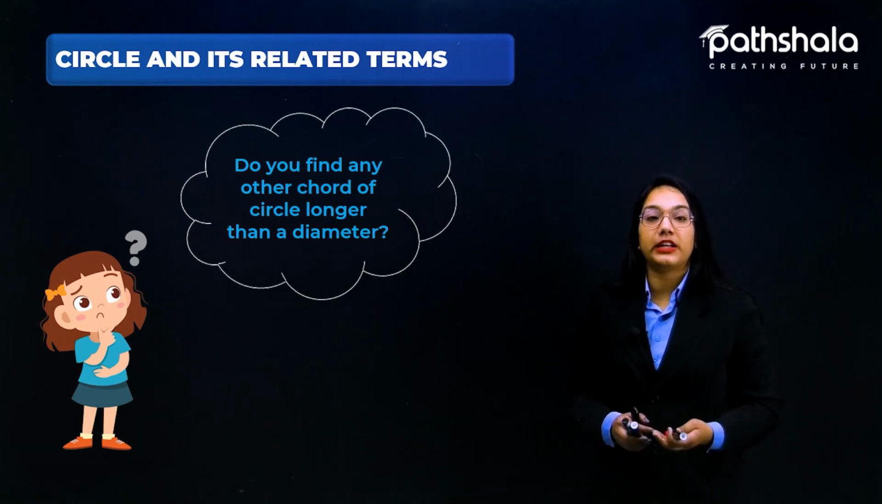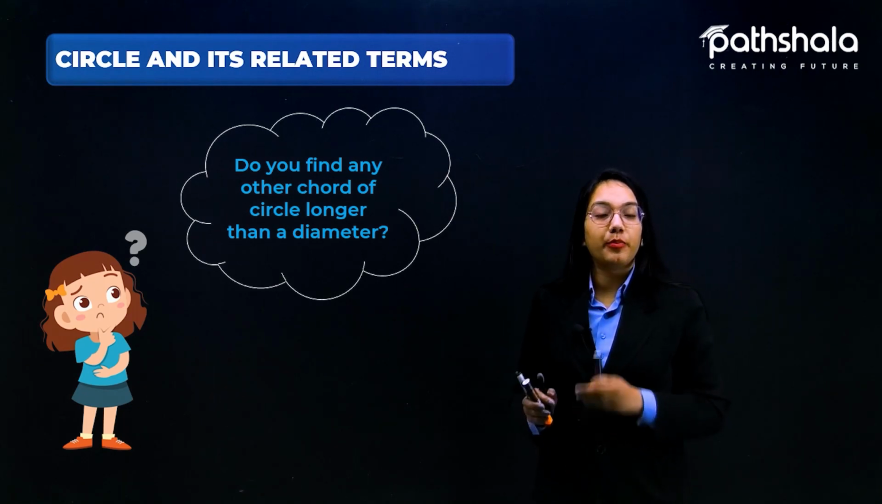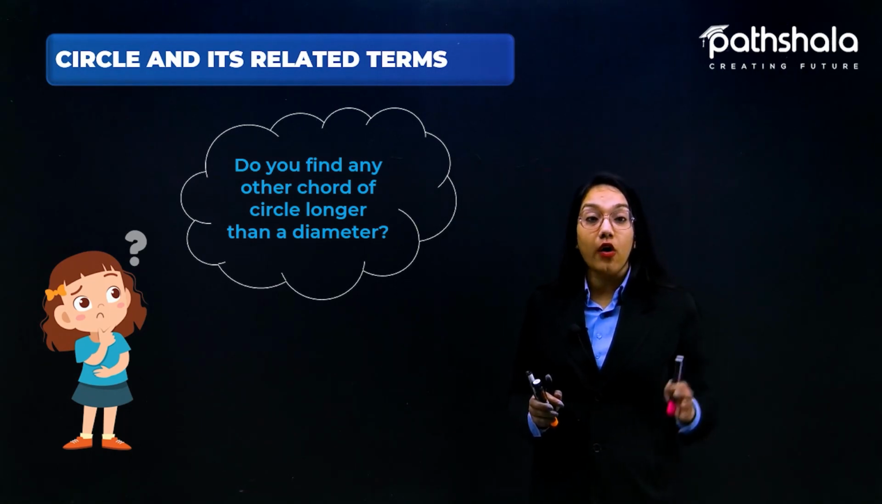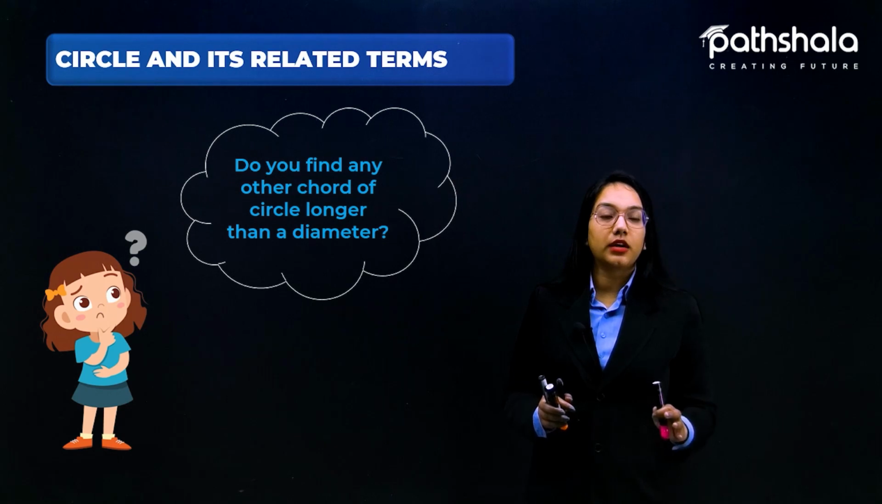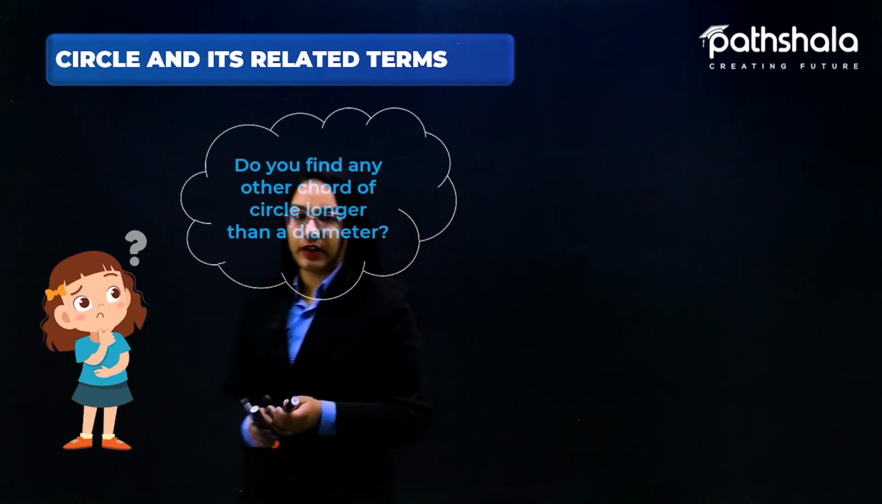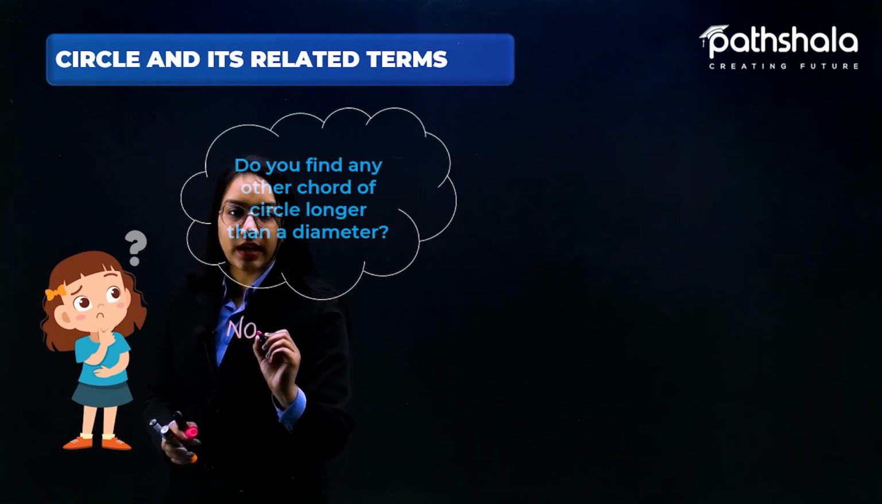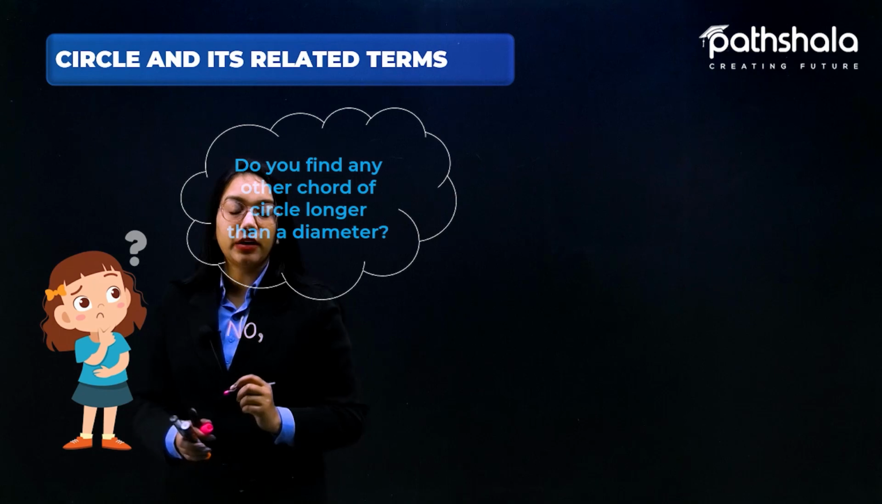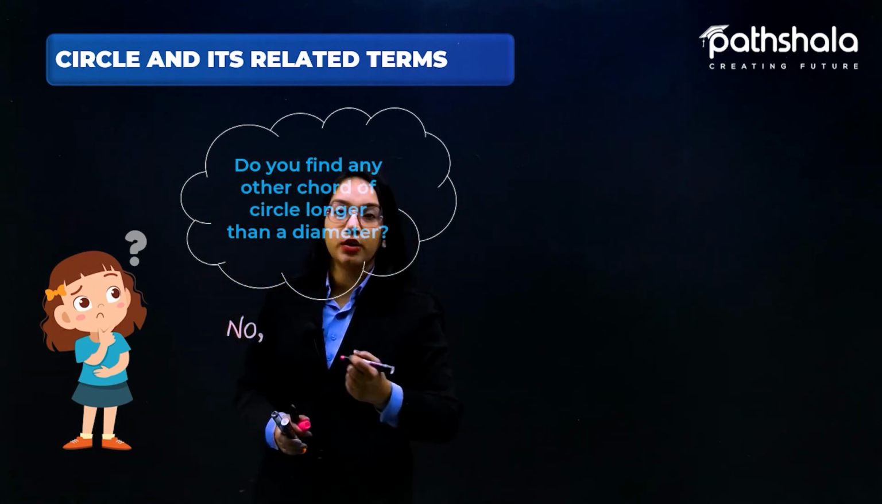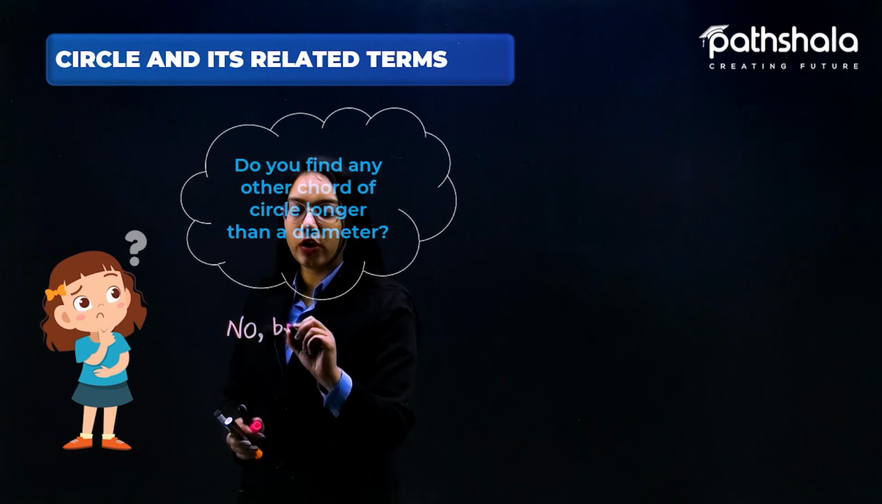So the answer is definitely no, because we can see by ourselves that in the second figure PQ was the longest chord of the circle, which is called the diameter. So the answer for this question is no. We cannot find any other chord which is longer than the diameter, because